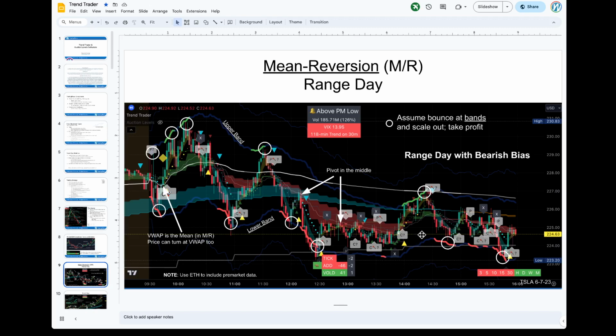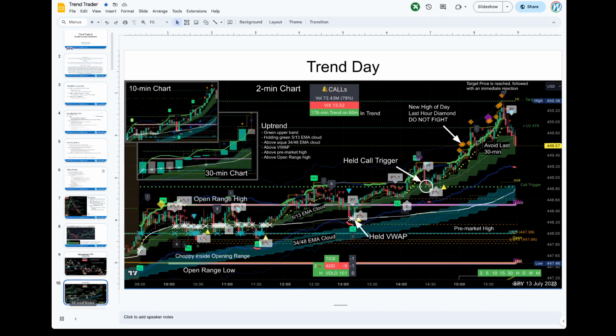With the bearish bias, you're gonna assume this until it proves something else. Now in the beginning, don't trade the open. Okay, so this is a trend day. So you can see on here on the 2-minute chart, you see that the top band is green, so that's bullish, and you see it's green at certain times. But if you look at the 10-minute, you can see that the band is green more for longer. And if you look at 30 minutes, it's green all day long.